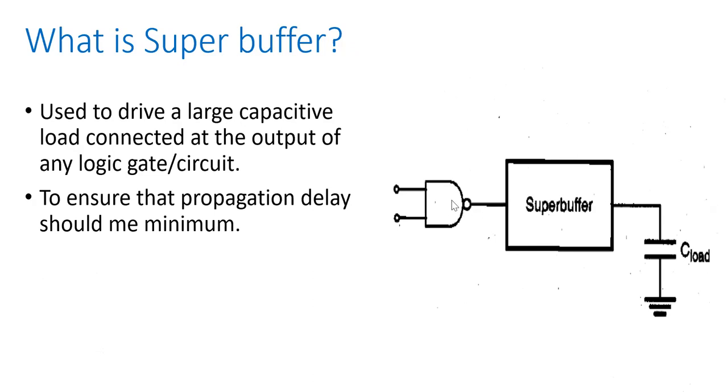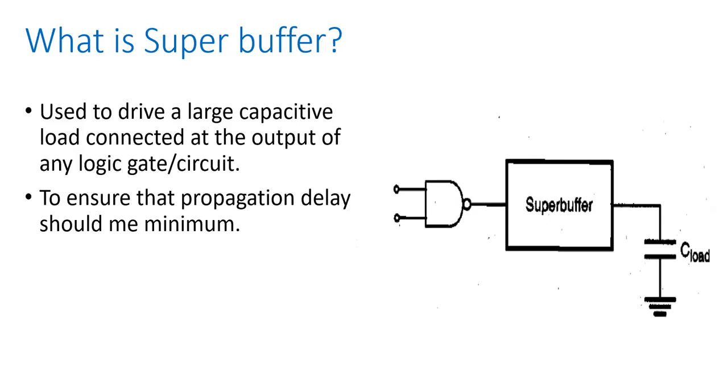See, how can we increase the current? This logic gate basically consists of some MOS transistors. So how can we increase the current of a MOS transistor? The first thing that comes to mind is increasing the size W. If we increase the size, that is the W by L ratio, then definitely the current will increase because I equals mu C OX W by L, etc. So by increasing W by L, we can increase the current. Also by increasing voltage, we can increase current, but you know that changing the terminal voltage has some issues.